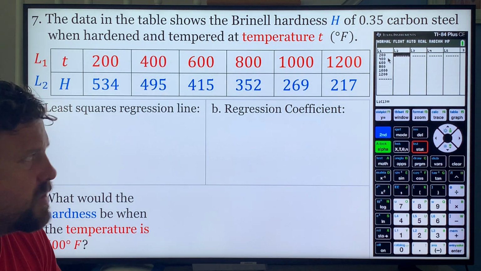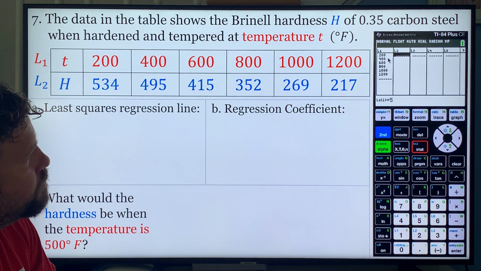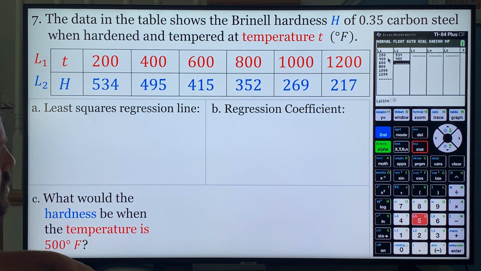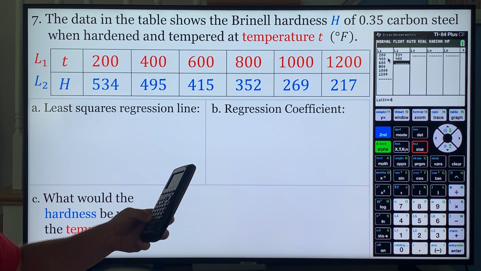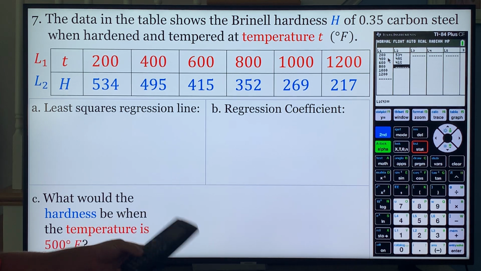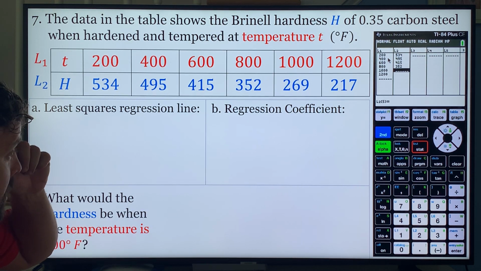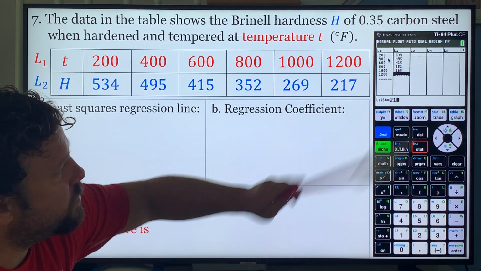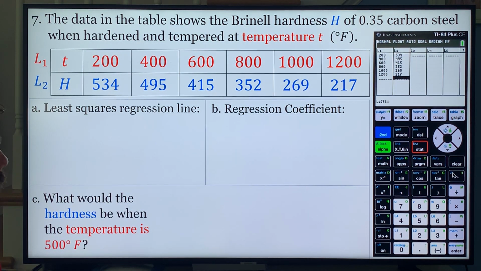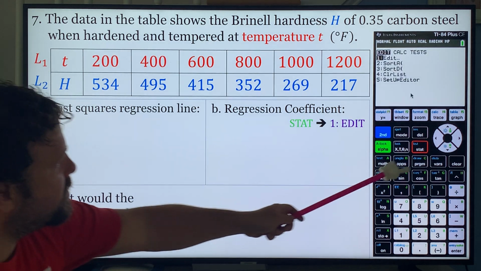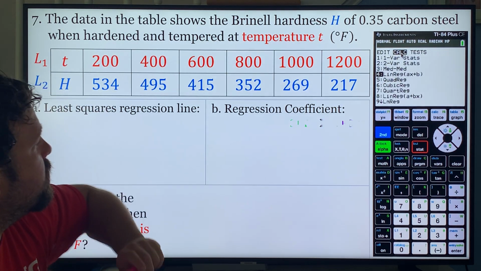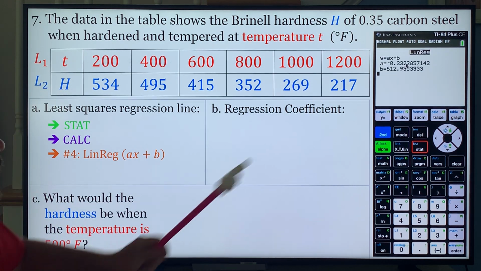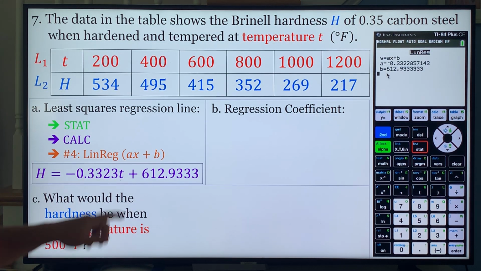And now I'm going a little fast, so you can always pause. All right, so I'm typing it in. Oh, wait, I forgot. I'm typing in my calculator, on your TI-83, 84, whatever TIs are up to now. This one's just a simple 84. All right, so I typed it all in. Now I'm going to go to Stat. I'm going to go over to Calc, number 4, LinReg, and I get my a is negative 0.3323,